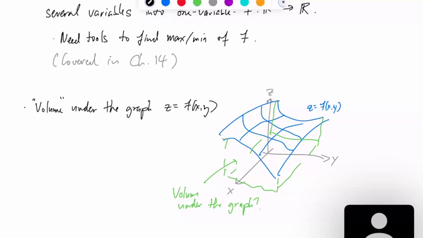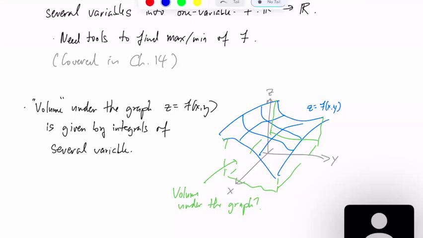And this is given by integrals of several variables. And what's the physical manifestation of this? Well, it's basically adding up quantities. Maybe you could think of this as, let's say you're on a two-dimensional plate, x, y. At each point you have a density at that point. Then if you want the total mass of your plate, or of some region of the plate that's given by this rectangular outline here,